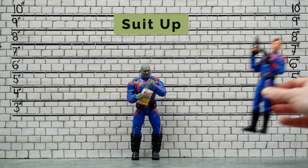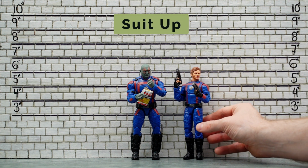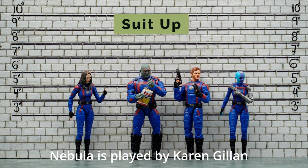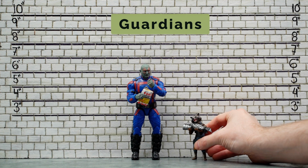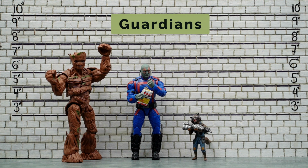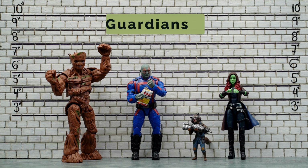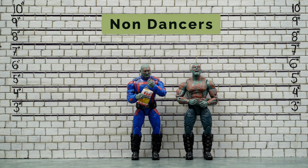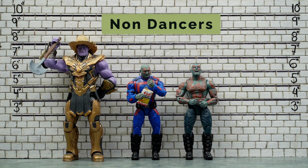Speaking of blue, here's the rest of the team with Marvel Legend Star-Lord, Mantis, and you may not want to speak to this manager, Nebula. With a Winter Soldier arm in hand, here's the SH Figure Arts' Rocket, Marvel Legends Dancing Swole Groot, and a Gamora on her phone. Next up we have the Marvel Legends Drax from Volume 2, Thanos in his farming gear,